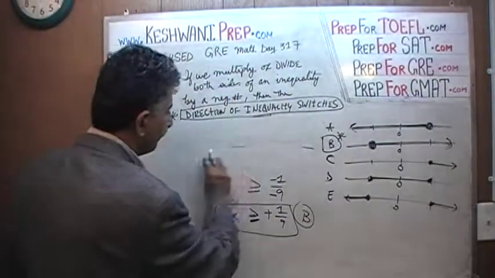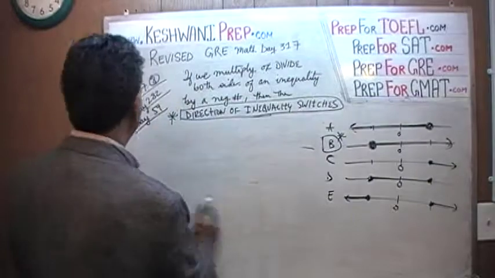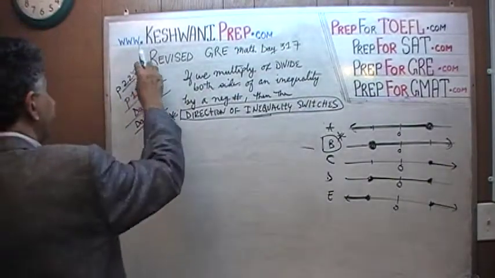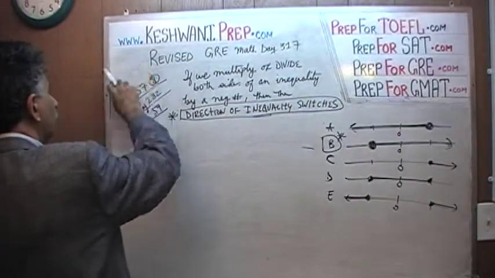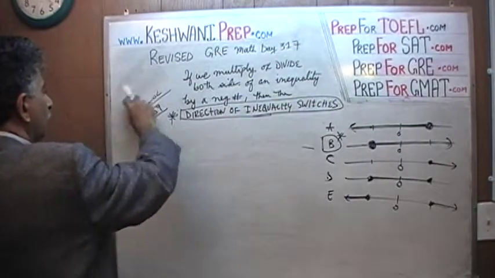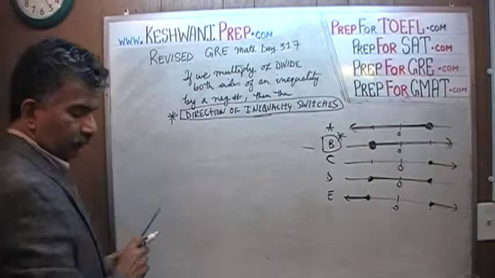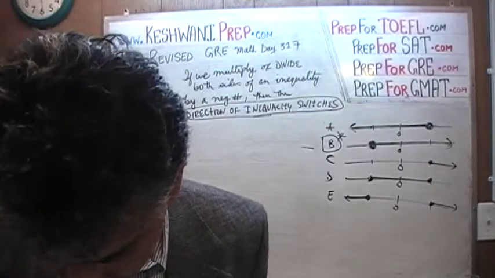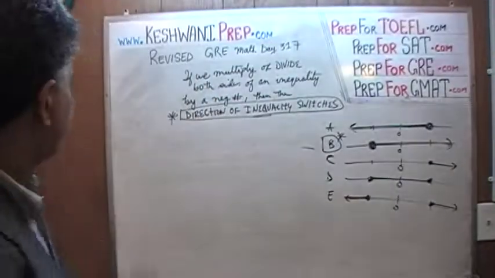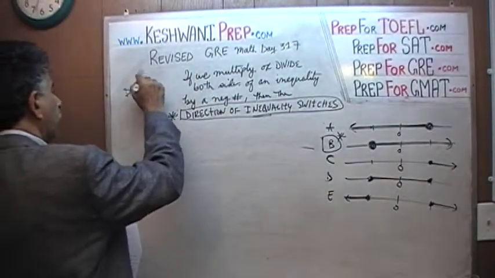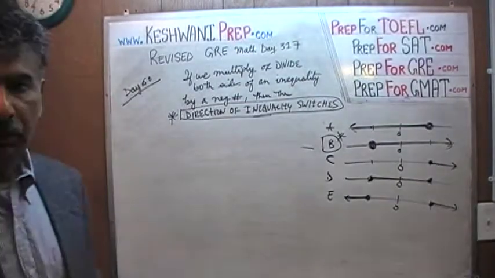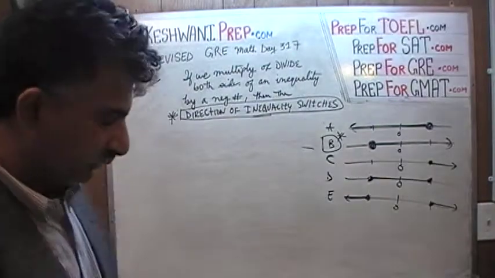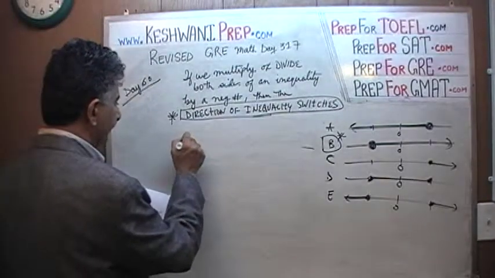The next problem that we're going to do does not appear in the book at all, but it is something that we did on day number 60. It's the same thing that we did on day number 60. If you want to watch the original solution at a slower pace, you will find it on day number 60. And here's the problem: 3 minus 7x